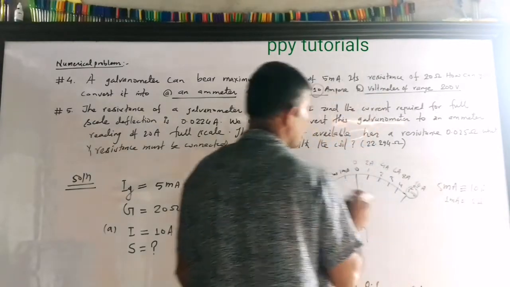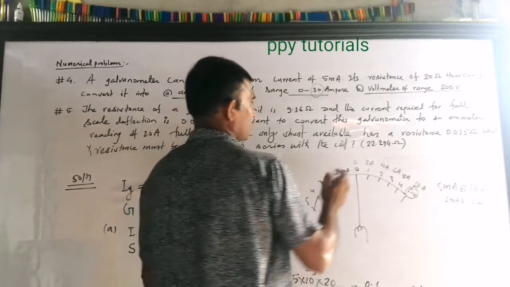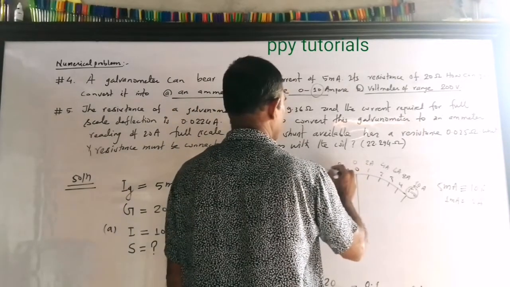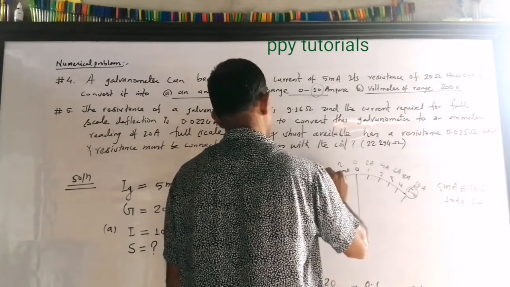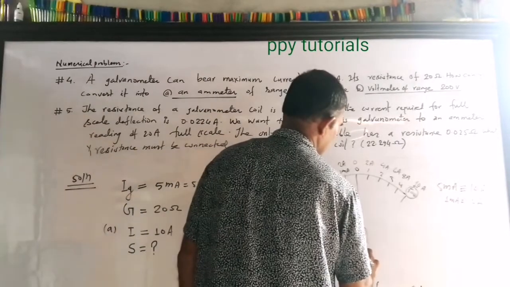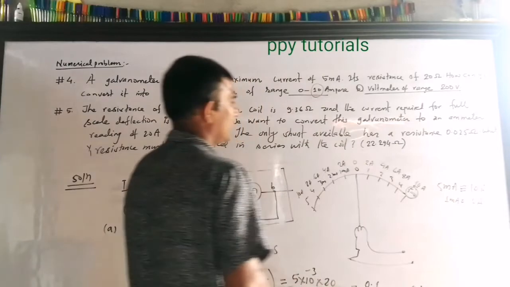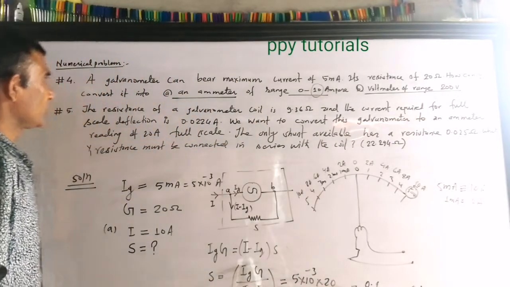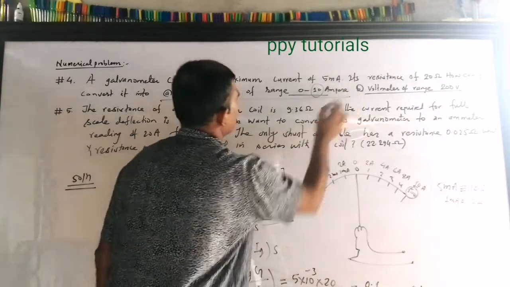You have to understand yourself if you are converting the galvanometer into an ammeter. The same thing happens this side, 2, 4, 6, 8 and 10 ampere, and so now your galvanometer is converted into an ammeter. You can connect these two terminals to your source and you can measure current up to 10 ampere using this. So that was our first part. I think you understood this.